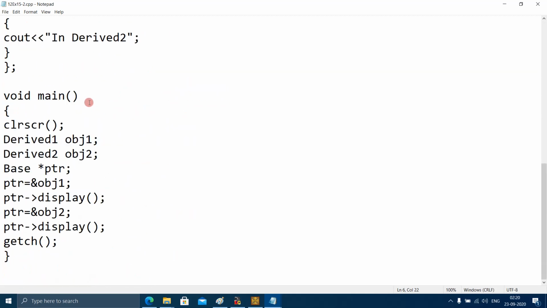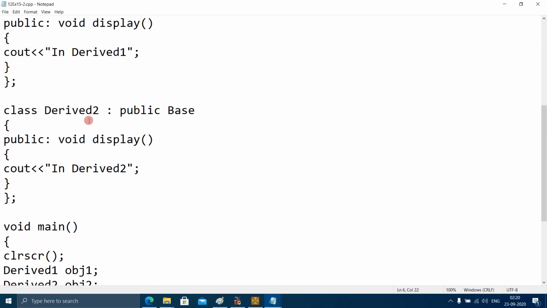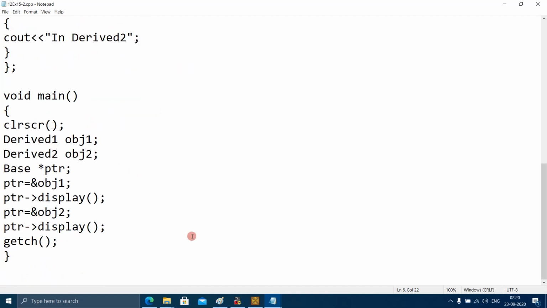Now when we execute this program, what is going to happen? The execution of the program will start from the main function. There is clear screen, and then we have created an object of derived 1, then an object of derived 2, then a pointer of the base class, and this pointer is pointing to the object of derived 1 and calling the display function.